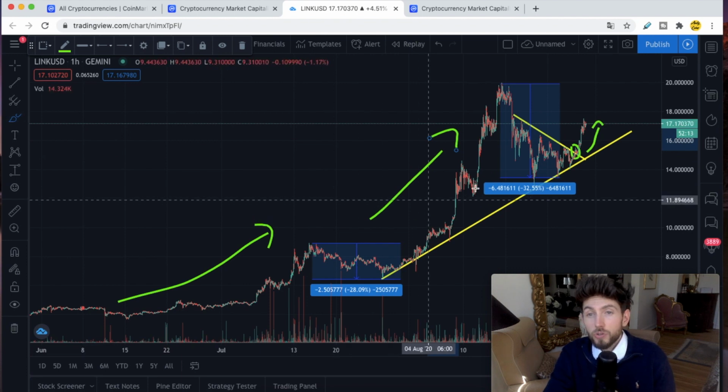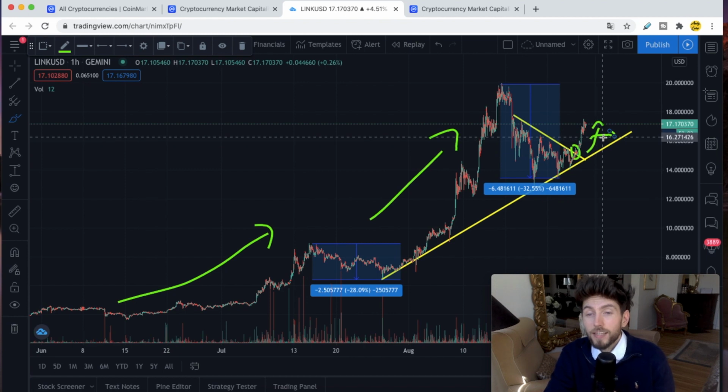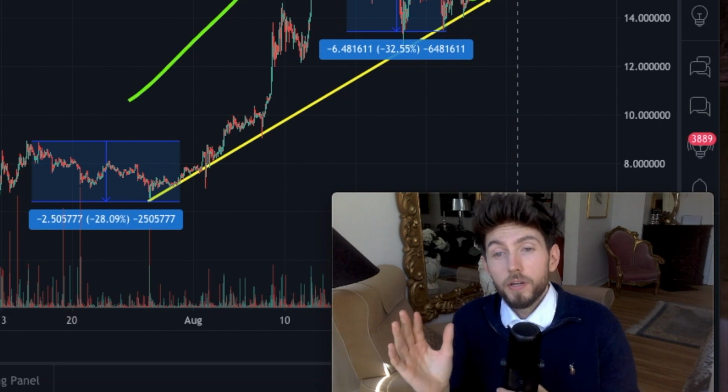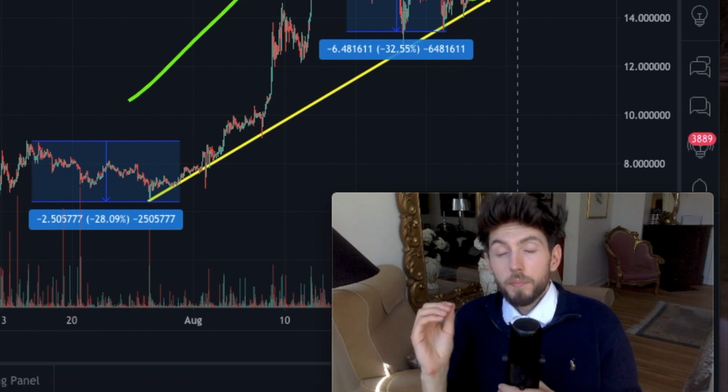And as I showed you guys, now we got that momentum going, and we still have a lot of room here for Chainlink to go sideways and consolidate. But it is important that we're able to stay above 15-16 for the next 2 to 3 days. Overall, if Chainlink can continue this, I can easily see a price of Chainlink of